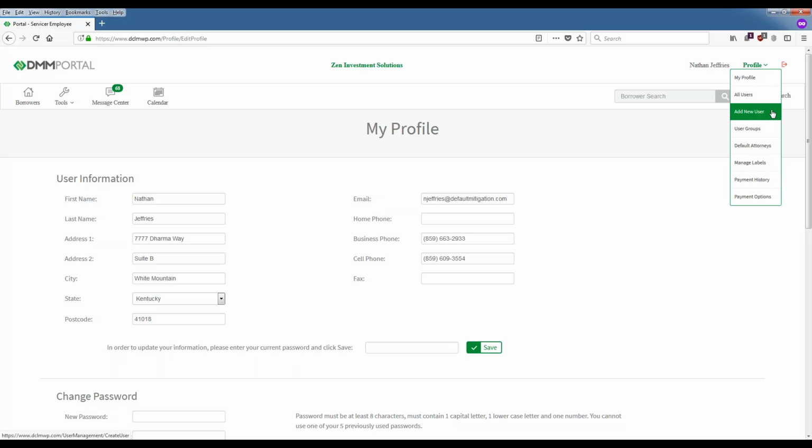Now, if you're not a portal admin and you're requesting access, or you're requesting access for somebody else, maybe somebody new in your department, and you're trying to help them get set up on the portal, even though you will not be able to do this yourself, it is good to know how to do this, so that you can just go to your portal admin and request it. And if your portal admin doesn't know how to do it, since you've taken the webinar, you can guide them in the right direction. So you go to Profile, Add New User,